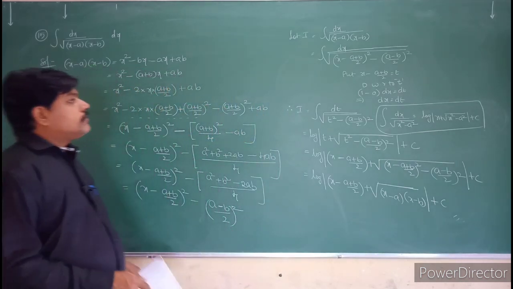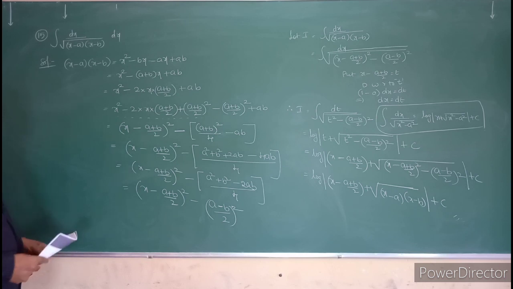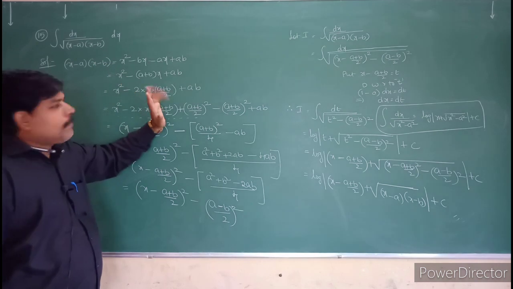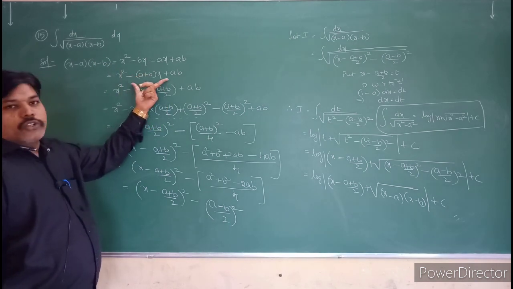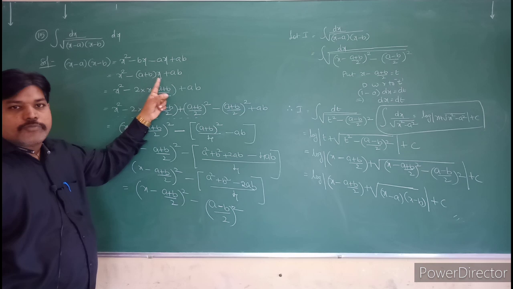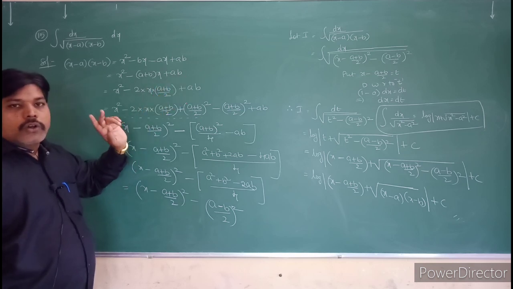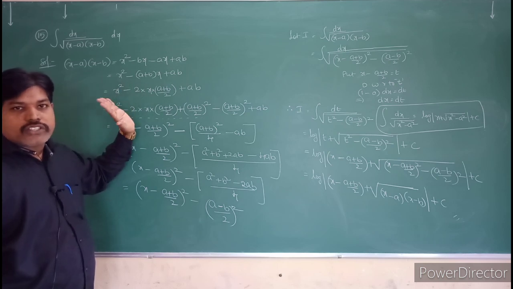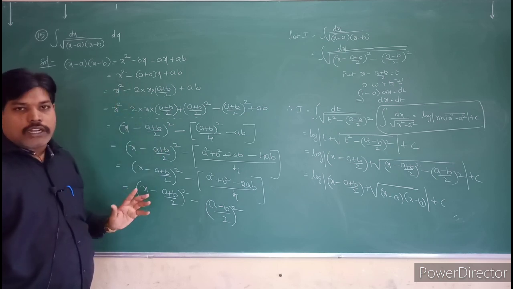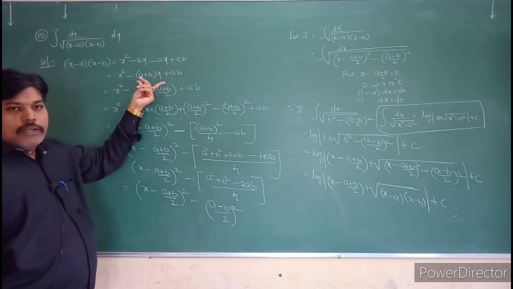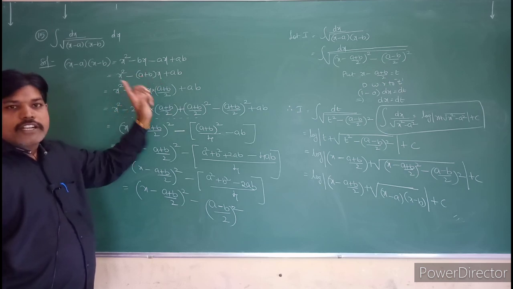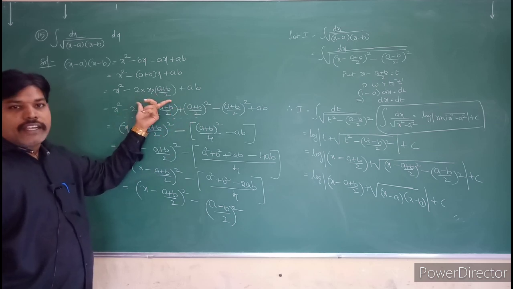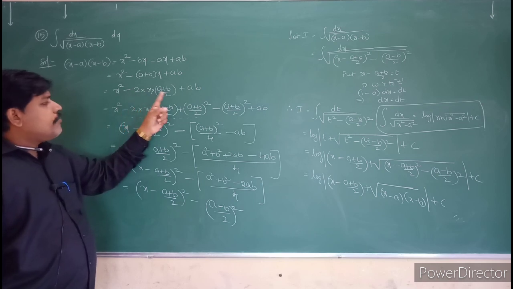So see that question, students. What is the problem? First we have to take x minus a into x minus b and multiply, so it converts into the form x square minus (a plus b) x plus ab. I told you that the first step is to take the x square coefficient common, but here there is no x square coefficient. So then what do we do? Take the second term, x, and multiply and divide it with 2, writing it in the form of 2ab form.